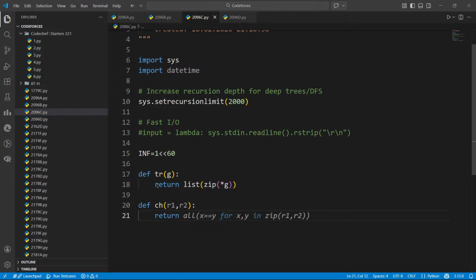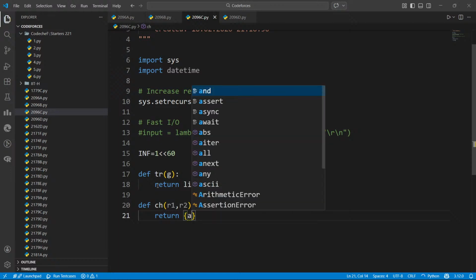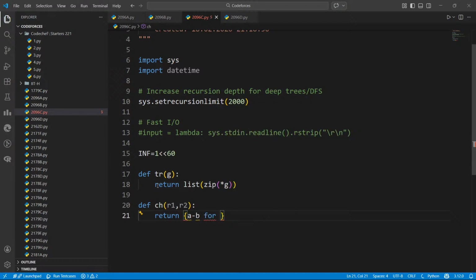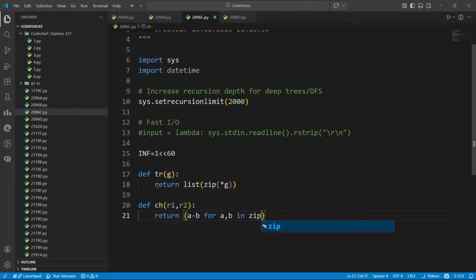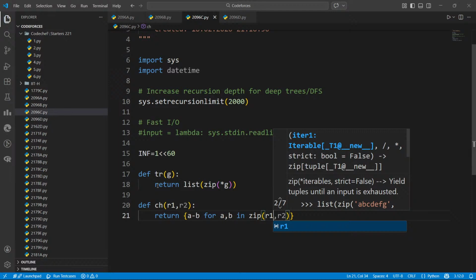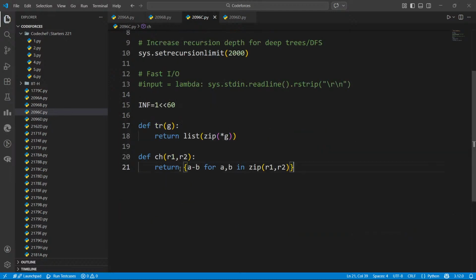We'll return. I'll create another function for dp.